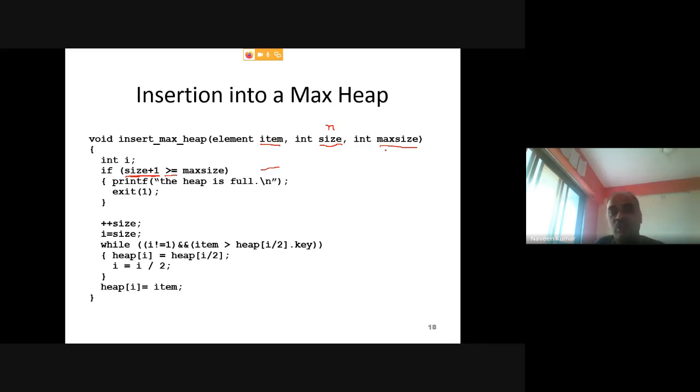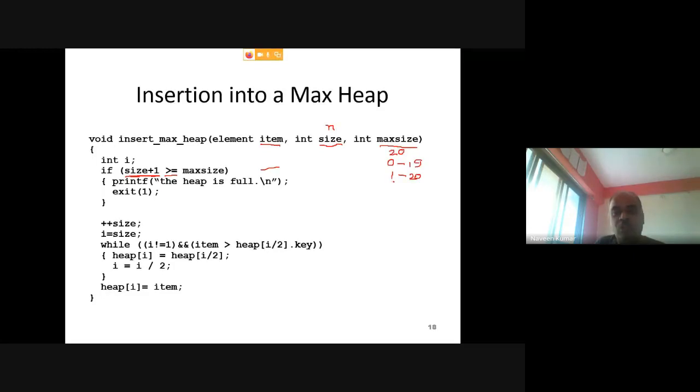In general, when you are working with an array, let us say max size is 20, so actual elements will be 0 to 19. Or if you are storing from position 1 to 20, it is okay, then this size must be 21, right? Then only you can store.